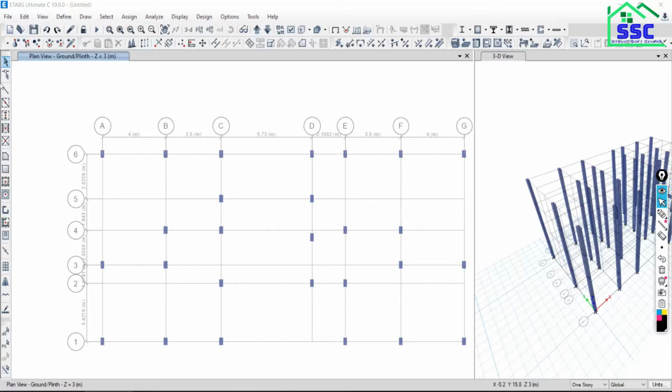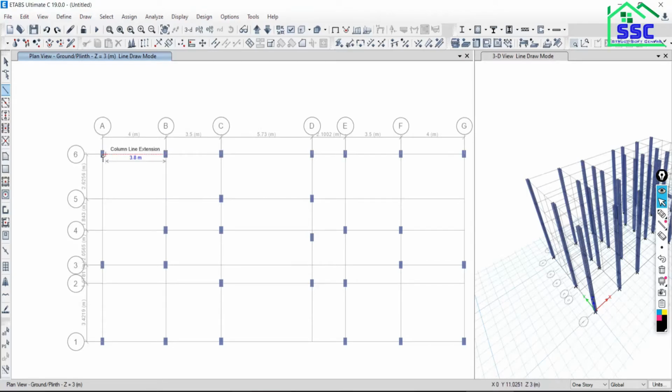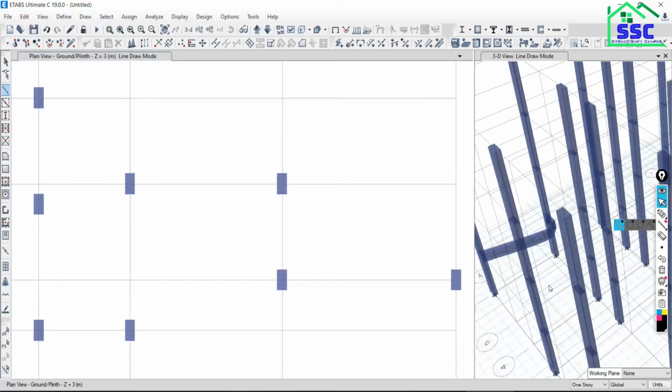So the option is Bezier. So take the beam and Bezier option is there. Just close this, and this is the first point, and the second end point will be there, and the point you have to define where you want to take the curve. So this is actually the one. Just double click over this point, not single, double click. Is it okay? You can see in the 3D view how it looks.